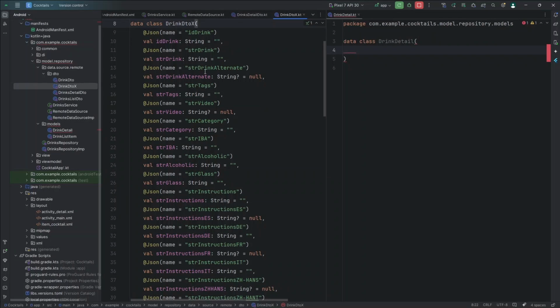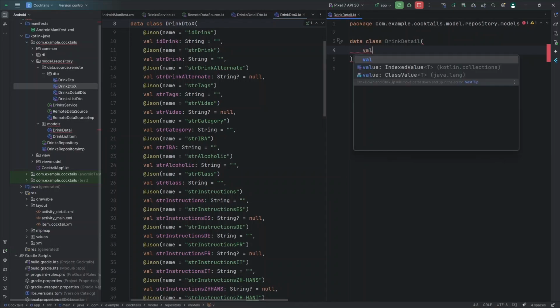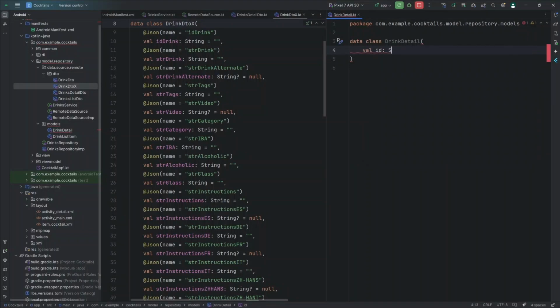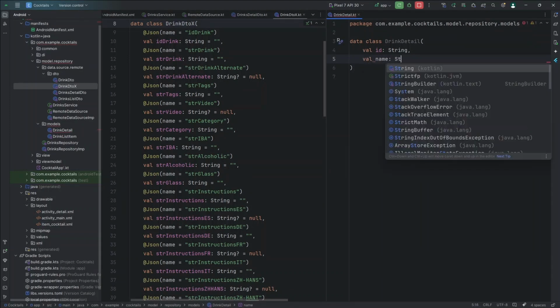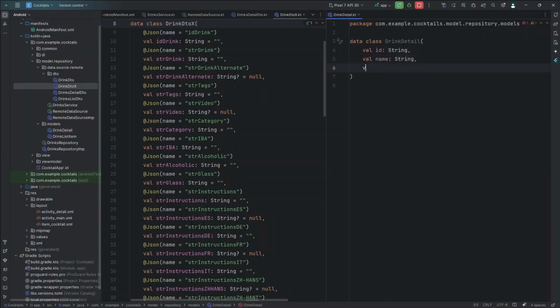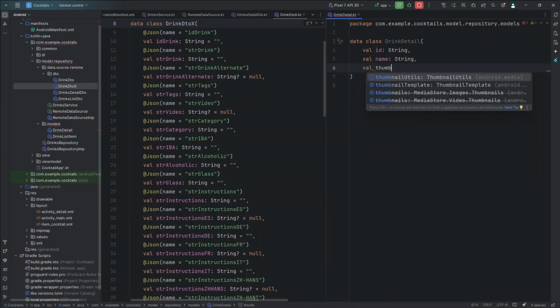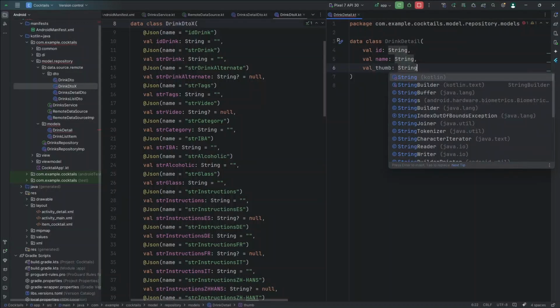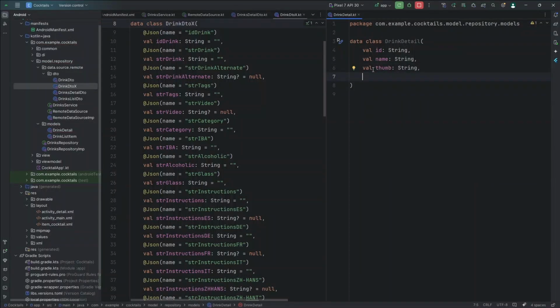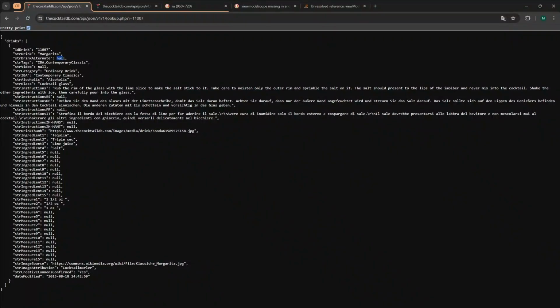In this drink detail, we will be requiring an ID of that drink, which will be a string, and then we will be requiring a name for that drink and some URL for that one, and then we will be requiring